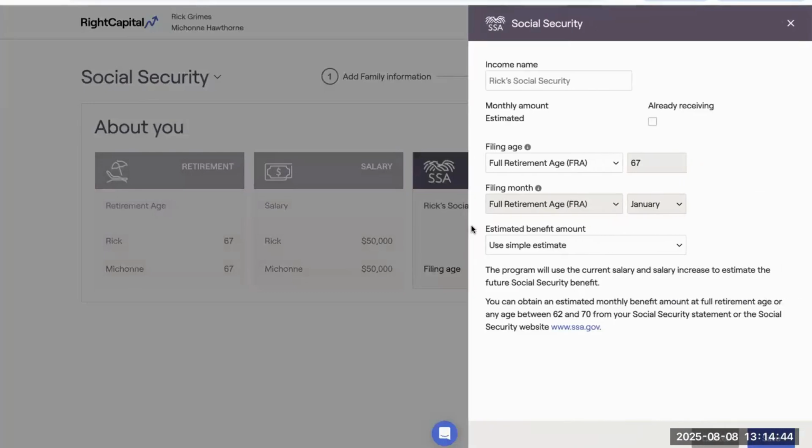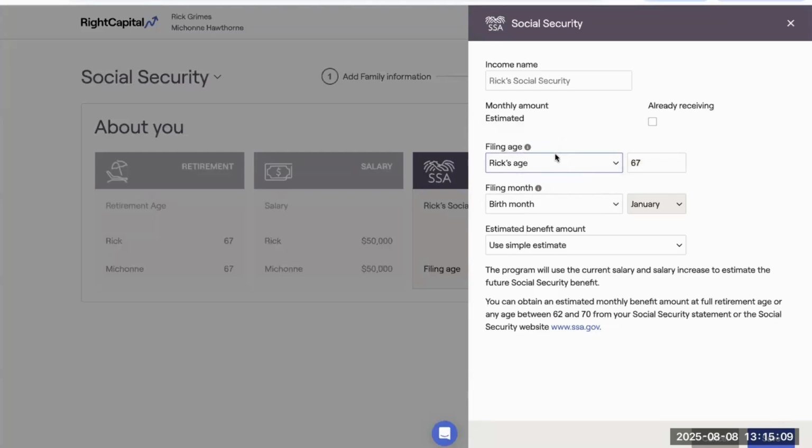The next card that's going to be relevant for Social Security is, of course, the Social Security cards. From here, we can start to toggle on what we are expecting in terms of this current filing age or the current path. So we can enter that from here. The data entry is going to be similar to the actual Social Security cards you're familiar with already. So we can enter from here whether the client's going to be filing at full retirement age, which is going to be based off that birth date we